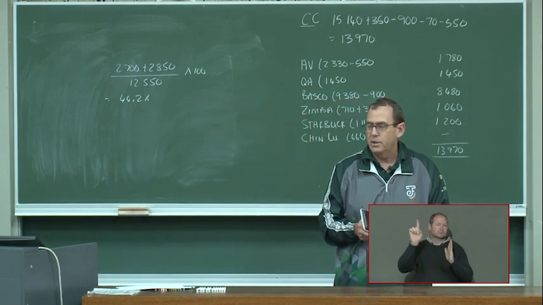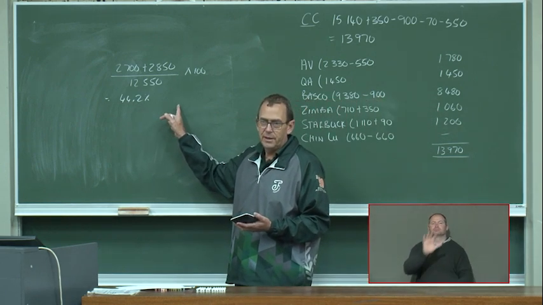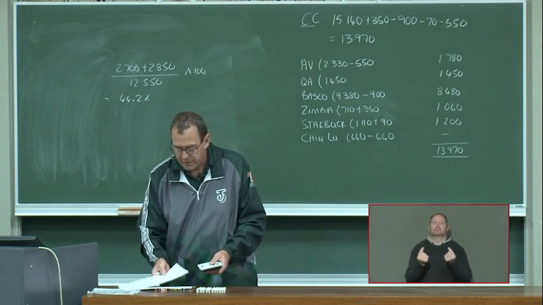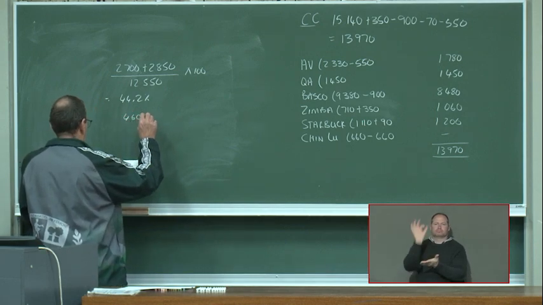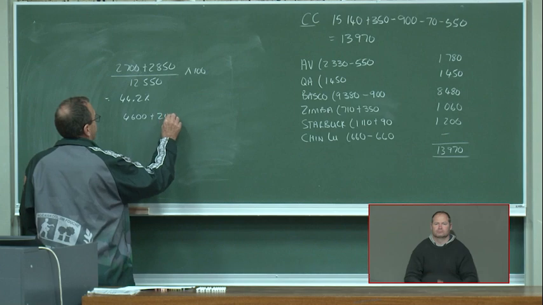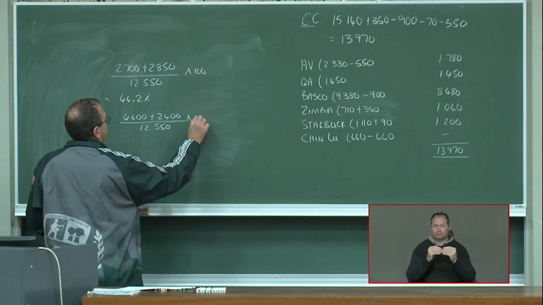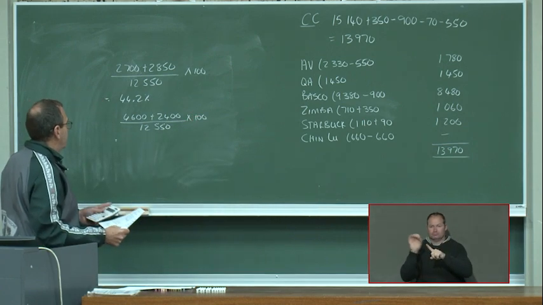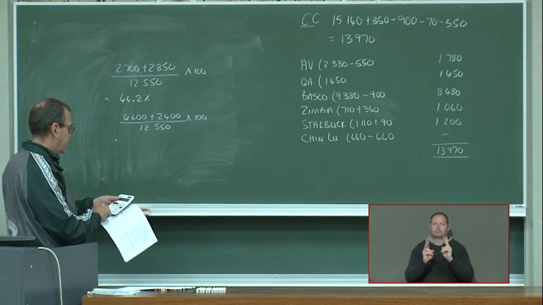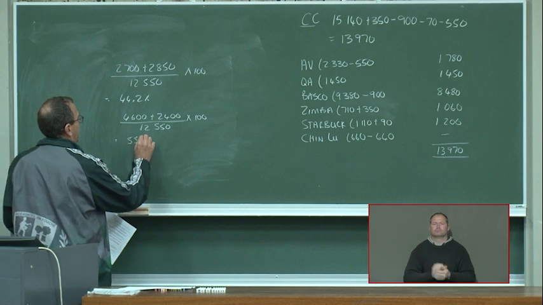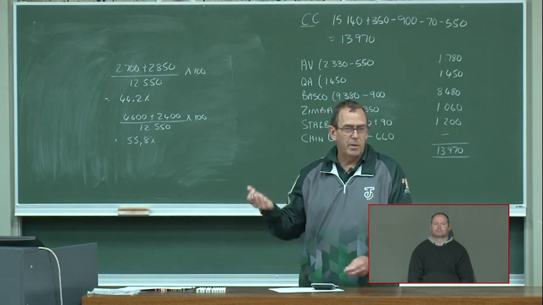Those that don't will be how much? 55.8. We can do the other calculation, the 60 days, the 4,600, and the 2,400, divided by the total, 12,550 times 100. So that's 7,000. So 7,000 divided by 12,550 times 100 is 55.8%. How many of the debtors do not abide by the rules?